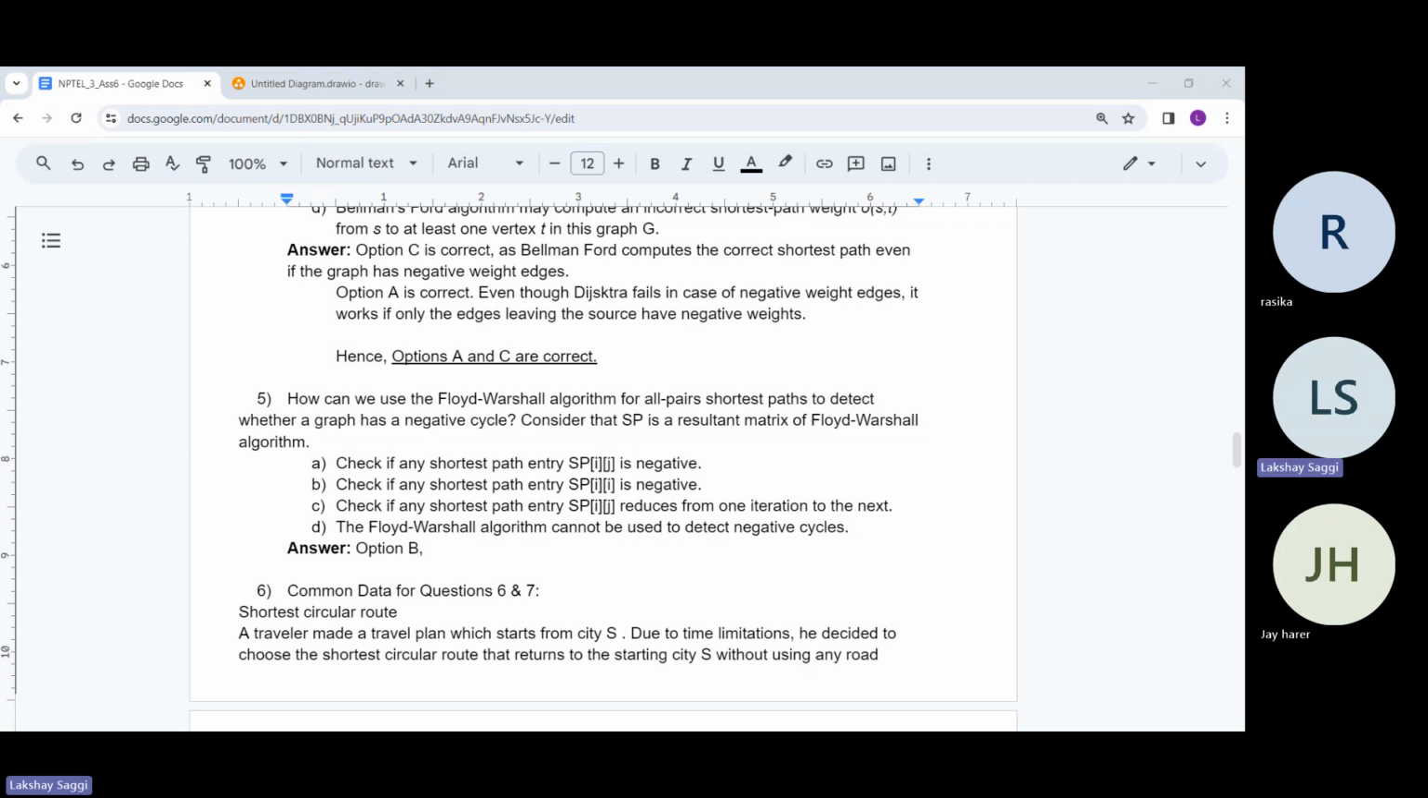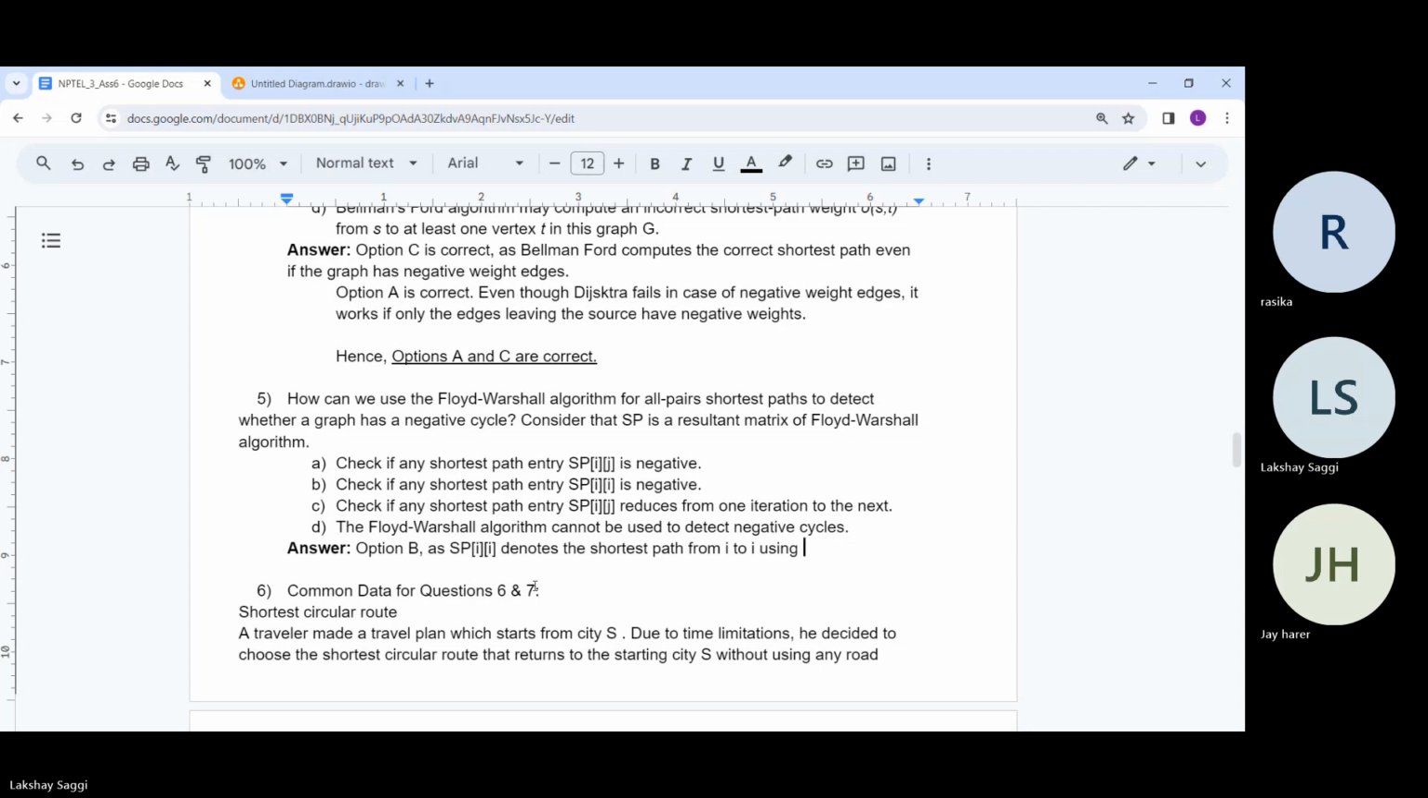Okay, so Rasika is saying that Floyd-Warshall cannot be used to detect a negative cycle. Actually, Rasika, Floyd-Warshall can be used to detect it. As I just mentioned, you just check if SP of I comma I is negative. If so, then you have found a negative cycle. And option B is correct, as SP of I comma I denotes the shortest path from I to I